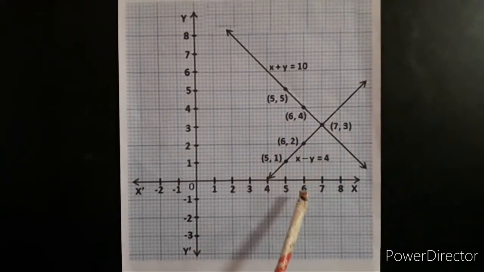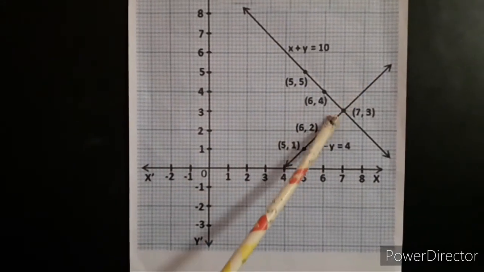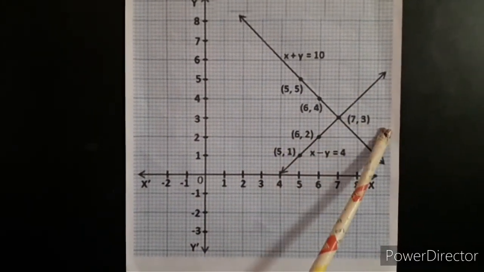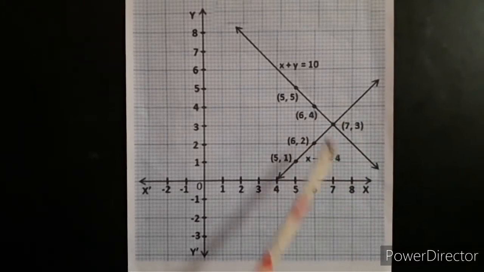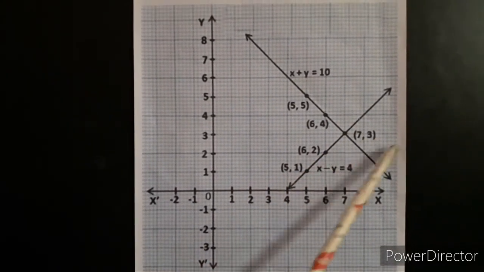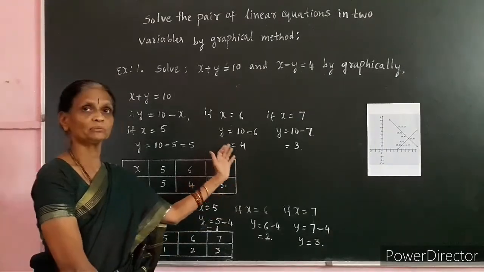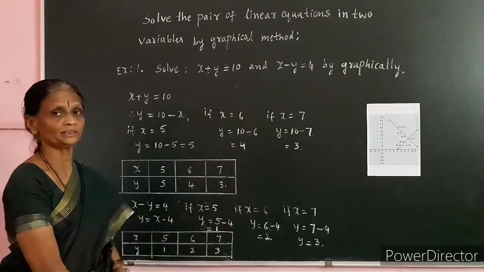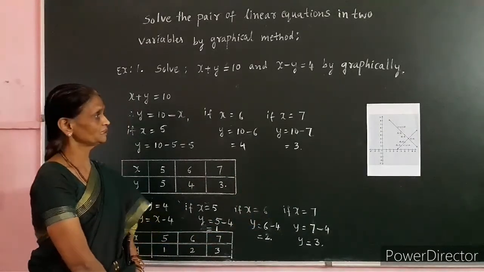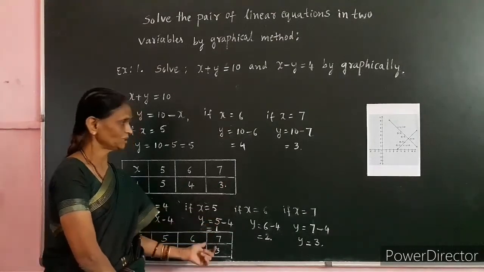We get the straight line for these 3 points, where the 2 lines intersect at a point, that is 7 comma 3. 7 comma 3 is the solution of the given equations. So x value is 7 and y value is 3. These are very important problems from the examination point of view. Usually they will ask a 4 mark question, 2 marks for the tabular column and